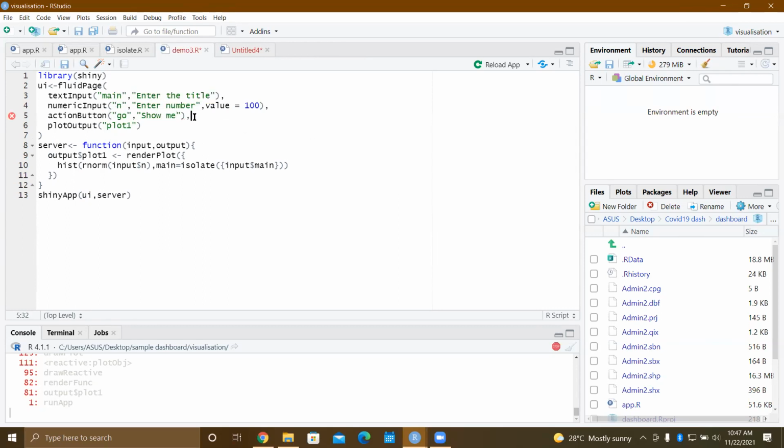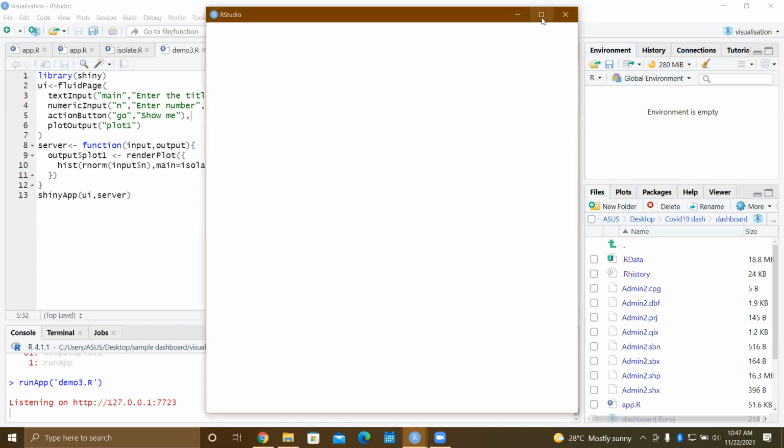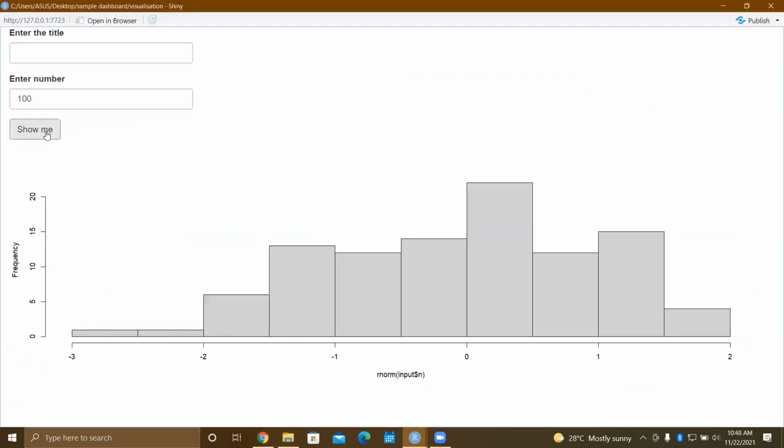Right. Okay. So what I want to do here is, let's just run it again. So an action button comes here, but it has no function, so nothing will happen.